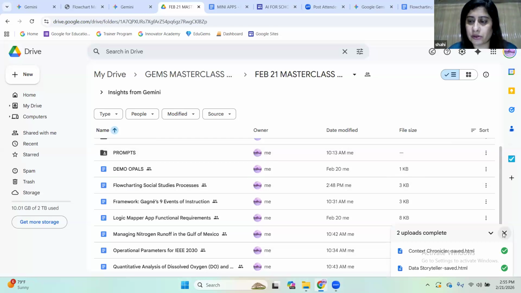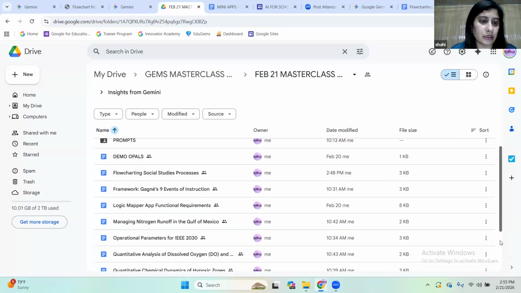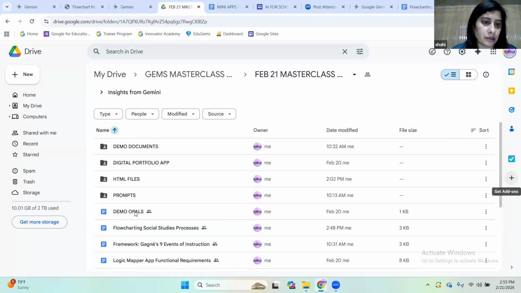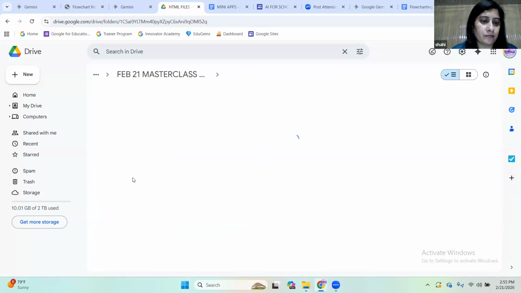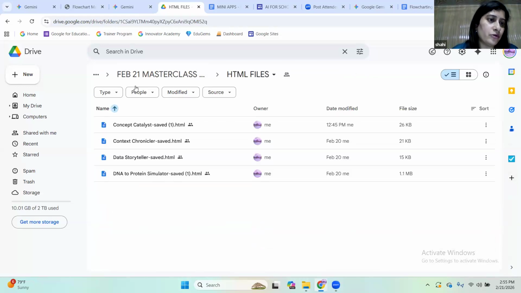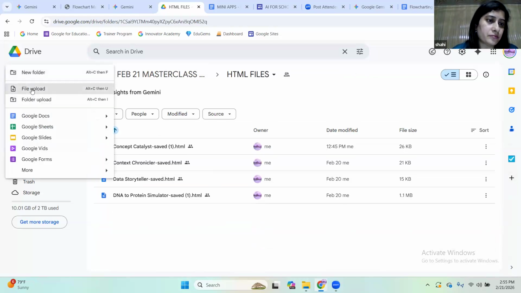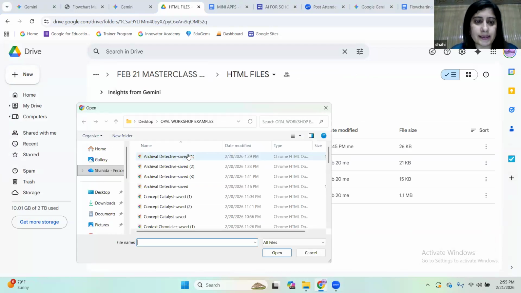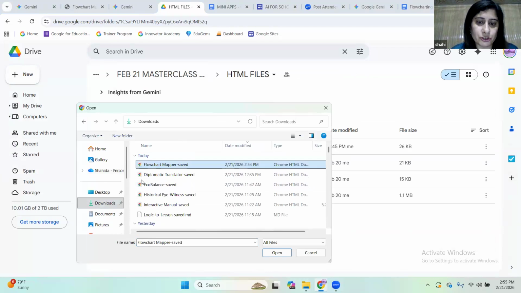Okay, so just for the purpose of completing it, I have the HTML file here. What I'm going to do is upload this HTML file which I have recently created, the flowchart mapper.